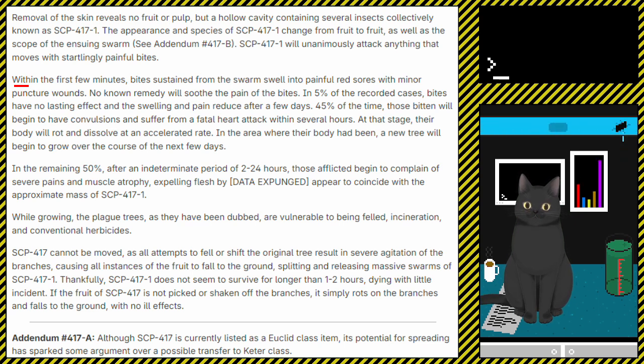In 5% of the recorded cases, bites have no lasting effect and the swelling and pain reduce after a few days. 45% of the time, those bitten will begin to have convulsions and suffer a fatal heart attack within several hours. At that stage, their body will rot and dissolve at an accelerated rate. In the area where their body had been, a new tree will begin to grow over the course of the next few days. In the remaining 50%, after an indeterminate period of 2 to 24 hours, those afflicted begin to